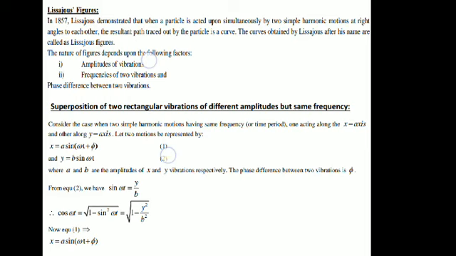Sometimes we may get a straight line, sometimes an ellipse, sometimes different types of ellipse, sometimes a circle, and again sometimes a straight line but lying in a different quadrant. So different figures, different curves we may get. Such curves or figures, obtained by the superposition of two simple harmonic waves traveling in perpendicular directions, are called Lissajous figures.